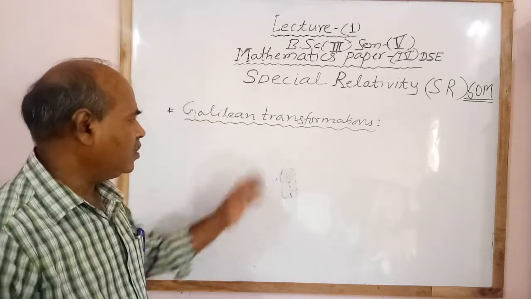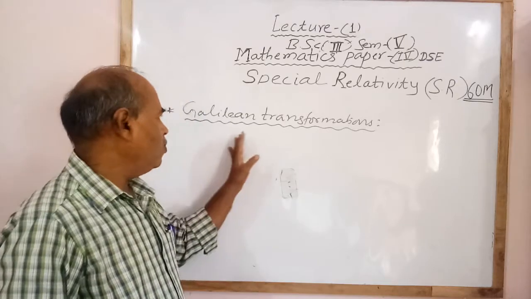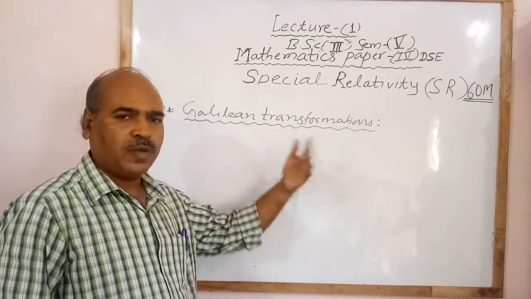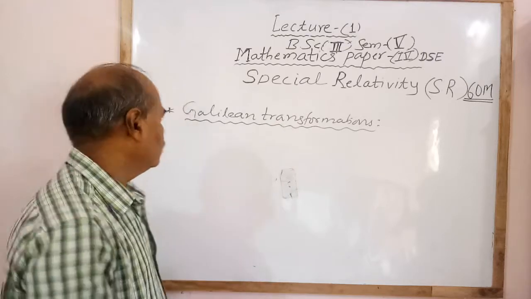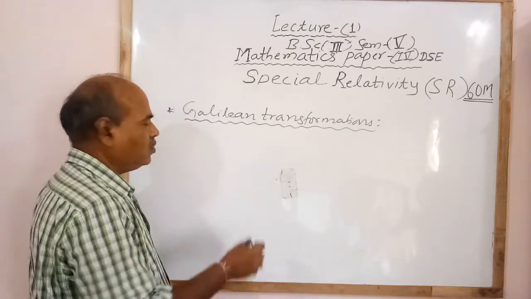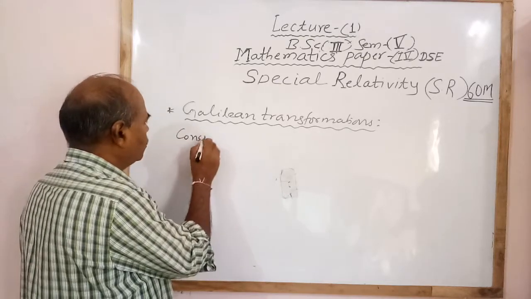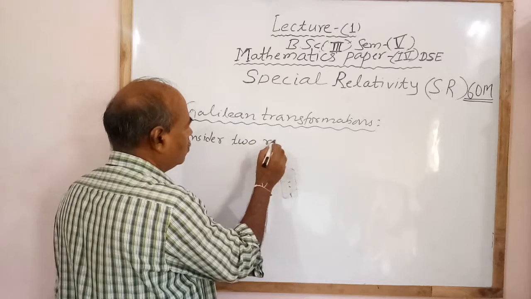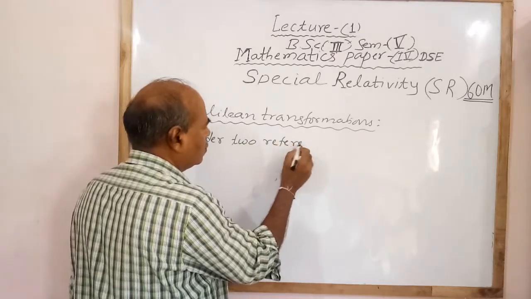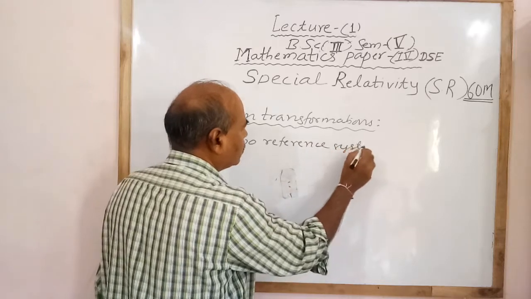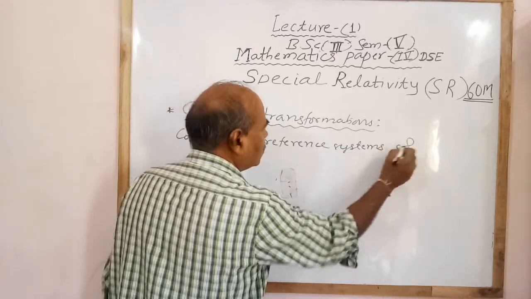The Galilean transformations, it is important. There is a question: obtain the Galilean transformations. Consider two reference systems, S and S dash,